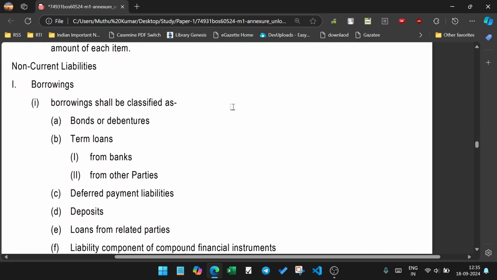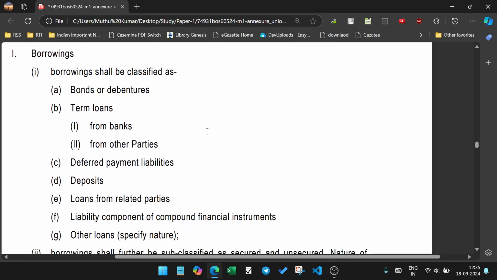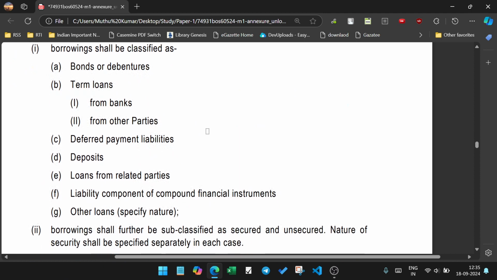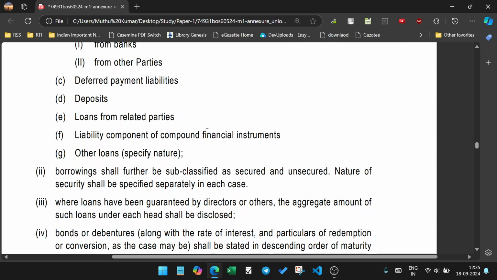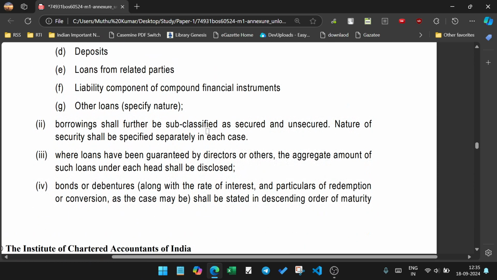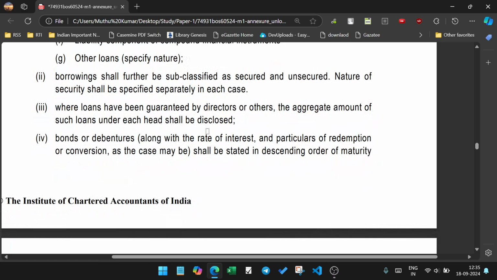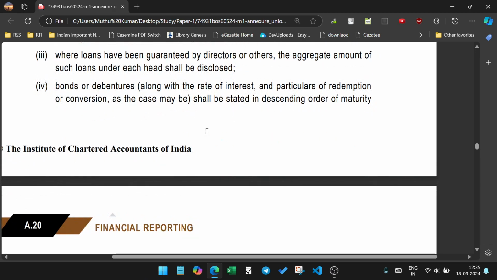Non-current liabilities: borrowings. Borrowings shall be classified as bonds and debentures, term loans from banks and other parties, deferred payment liabilities, deposits, loans from related parties, liability components of compound financial instruments, and other loans. Borrowings shall further be classified as secured and unsecured. Nature of security shall be specified separately in each case. Where a loan has been guaranteed by directors and others, the aggregate amount of the loan under each head shall be disclosed. Bonds and debentures, along with the rate of interest and particulars of redemption or conversion, shall be stated